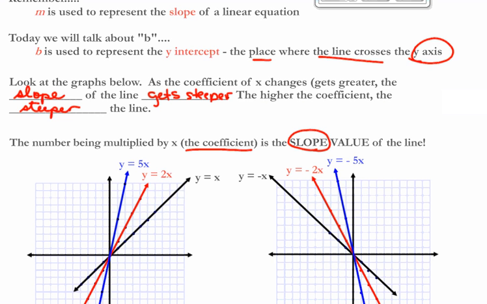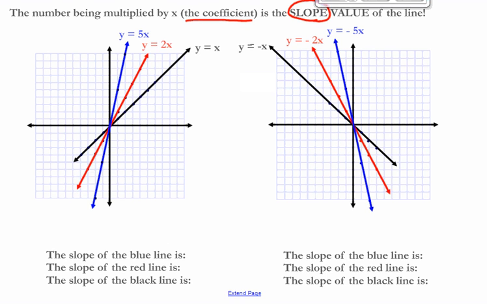So if we look at our blue line, the slope of the blue line is 5, because 5 is the coefficient of x. The slope of the red line is 2. And the slope of the black line, there's a 1 in front of x, so the slope is 1. The blue line is the steepest. You can tell on your graph, but you can also tell because 5 is the highest number out of 5,